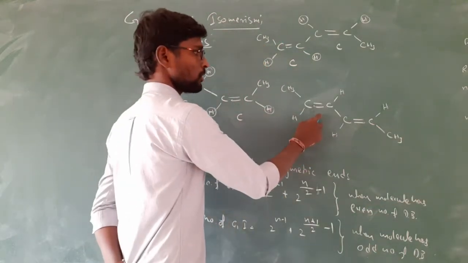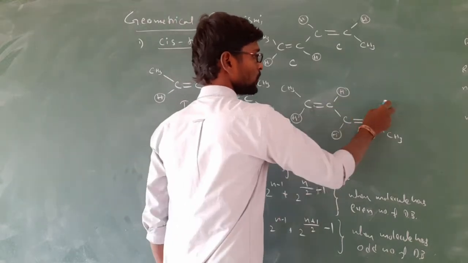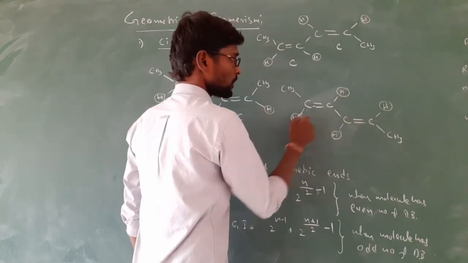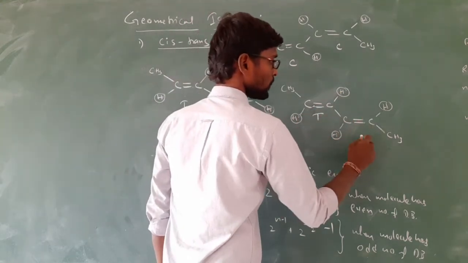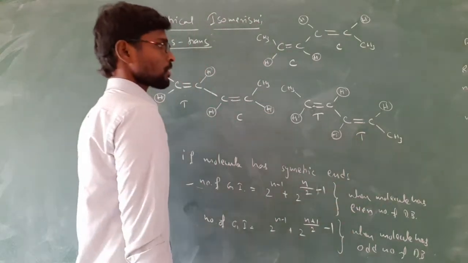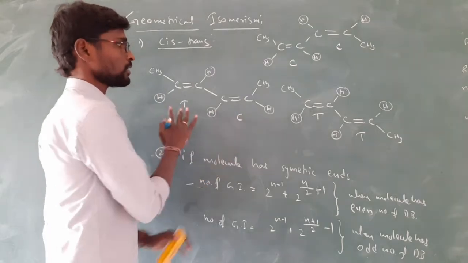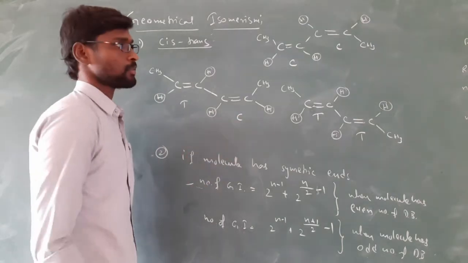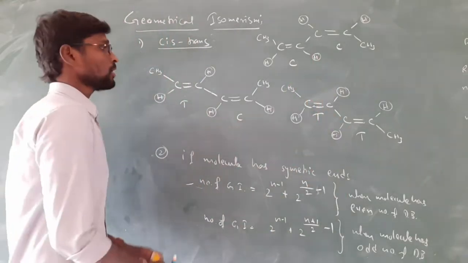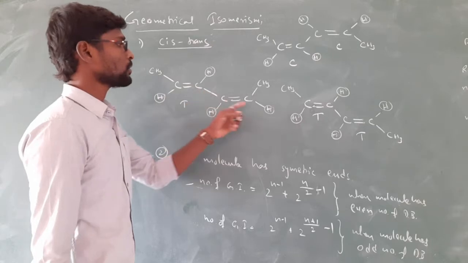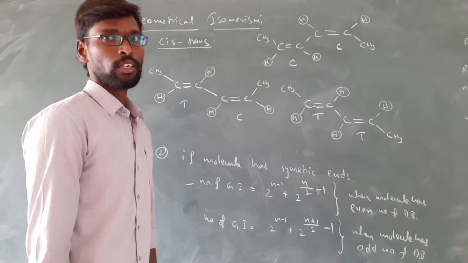Right, on this double bond if you observe, here one hydrogen is there, here also hydrogen. If you observe, hydrogens are on opposite sides, so this is called trans. Here also two hydrogens are on opposite sides, this is also trans. But we have written trans and cis here; if you rotate this one, you get cis and trans. So both are the same. So that's why we have written here 1, 2, 3 only for the isomers of hexa-2,4-diene.